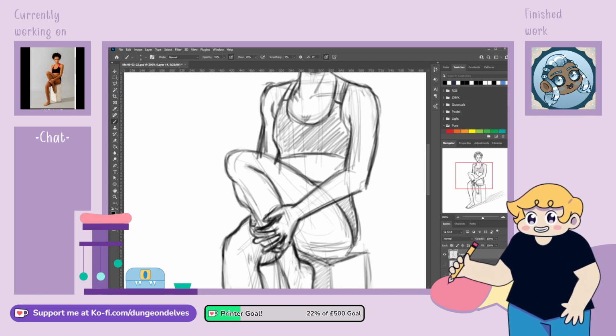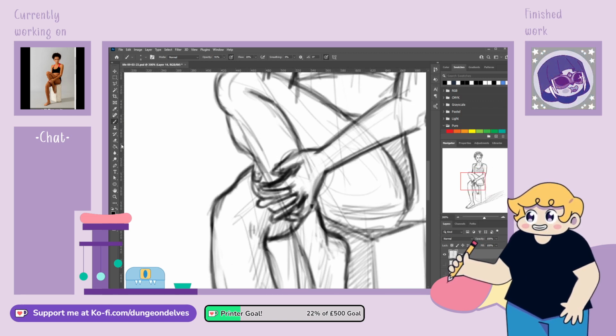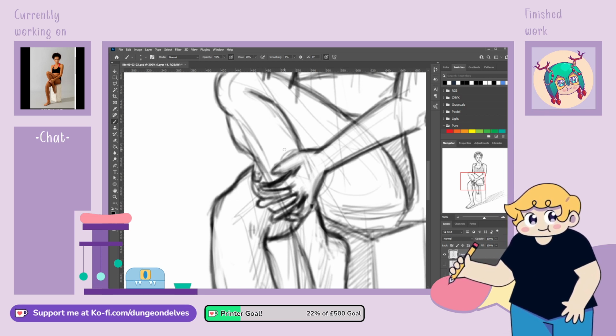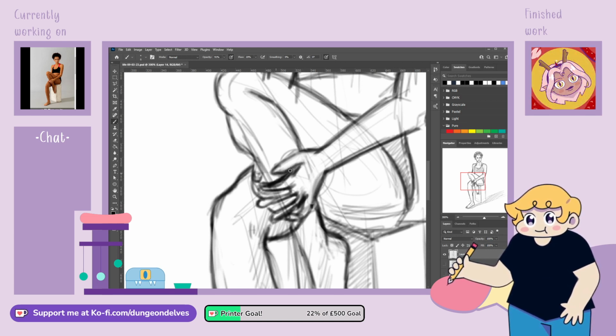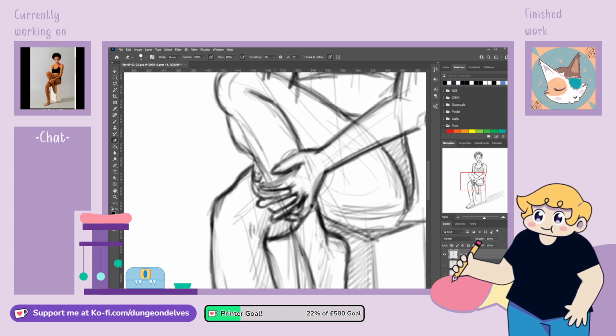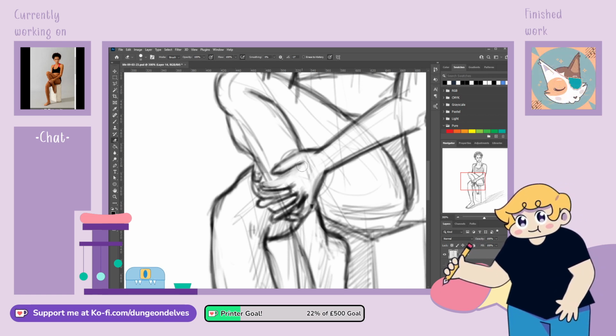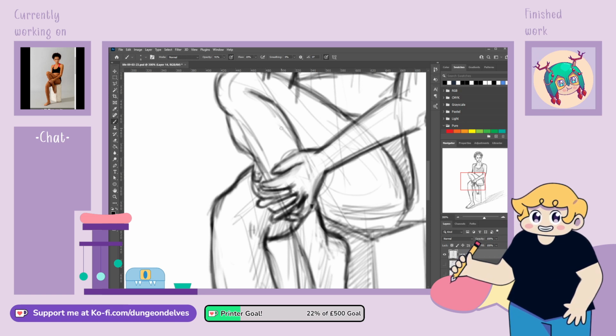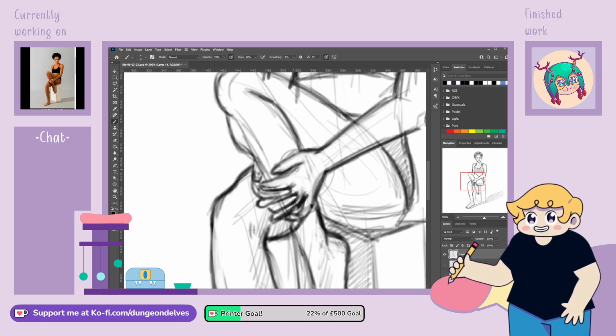Now I kind of like the hands, but I feel like there's a bit too much going on with the lines, so I might try and neaten these up so I can add her nails, because they're lovely. I think that'll just make her hands look daintier and prettier, because they are very, very dainty. Oh, nope. Nope, I did it again. Yeah, and this one is the one that's tucked in. And there's just that little shade.